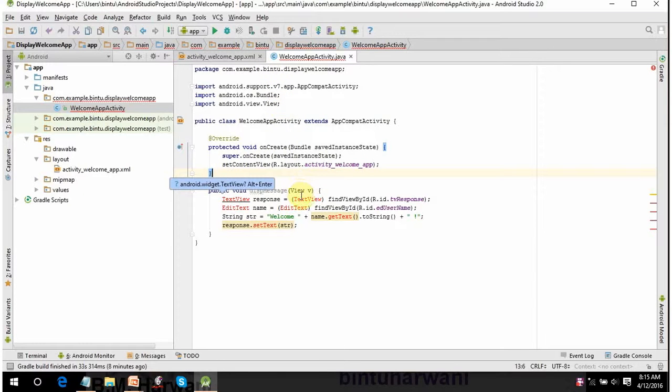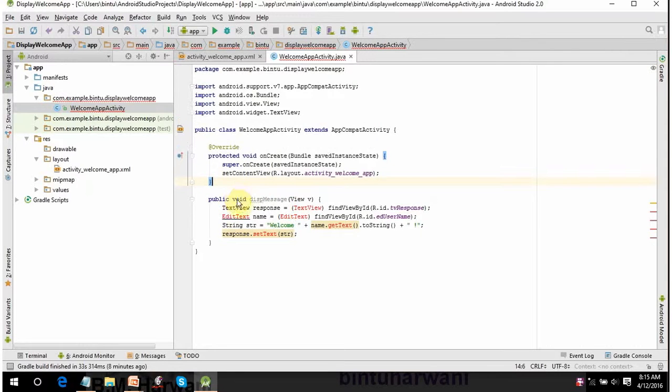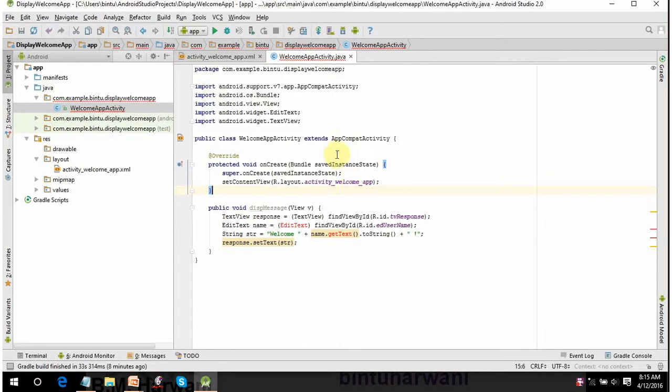Can you see that? Here also it is saying that it is not able to understand what is TextView. Please press Alt Enter. So Alt and Enter keys. This TextView library is included. For the EditText field also it is asking you to press the Alt Enter keys. So three libraries are imported so that the Android app can understand the meanings of these controls. Now your app is ready to run.